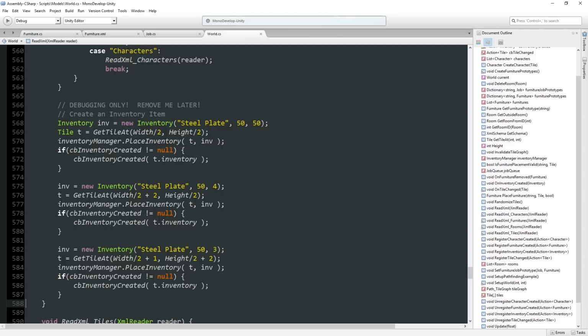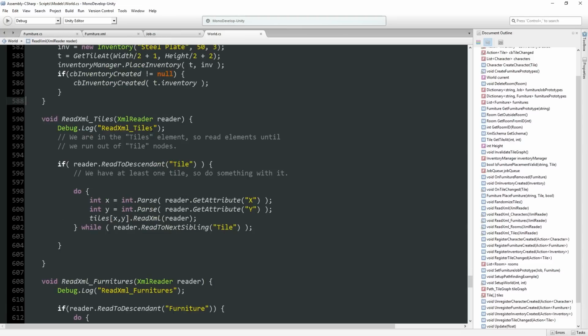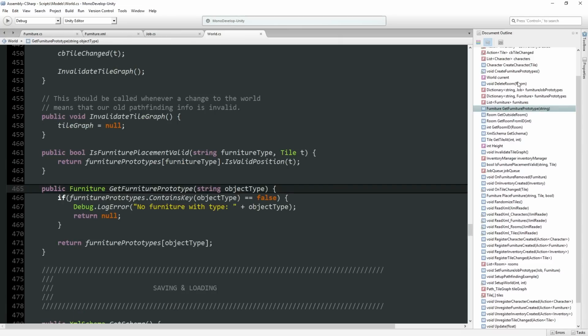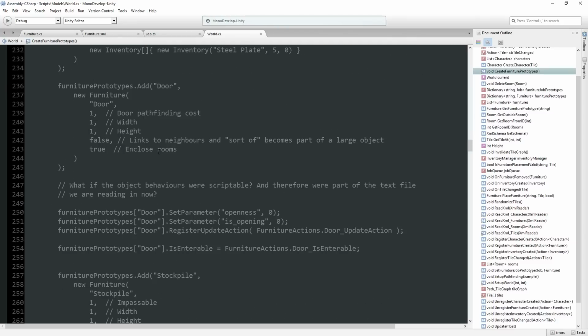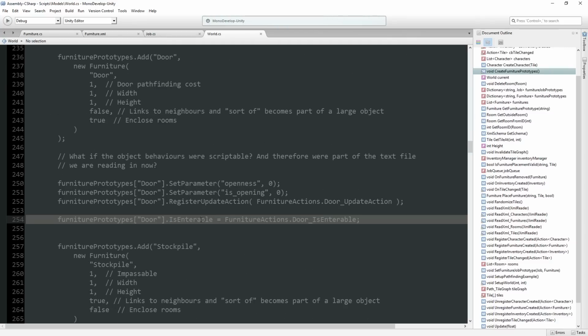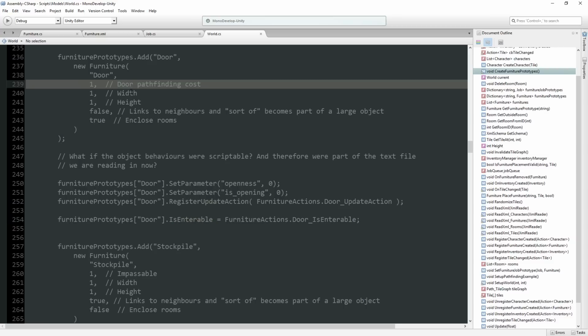And the reason is that for our door, what we had to make that work, create furniture prototype. For our doors, we have this isEnterable function. So all of our furniture has this potential action, this event called isEnterable. When a character is trying to enter a tile that's got a piece of furniture, it calls that furniture's isEnterable function. Sometimes it's null, in which case we assume the furniture is enterable, assuming that the pathfinding cost is not 0. So if the pathfinding cost is 0, this is a tile you can never walk into, and the pathfinding system